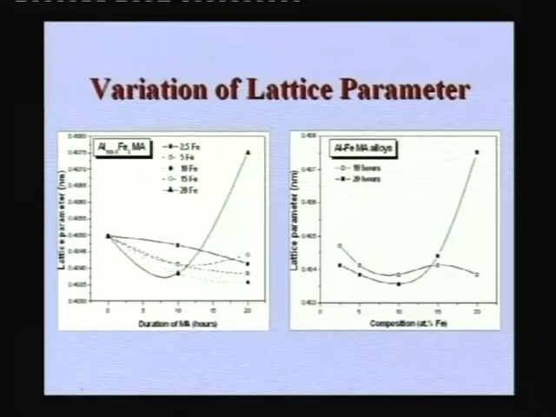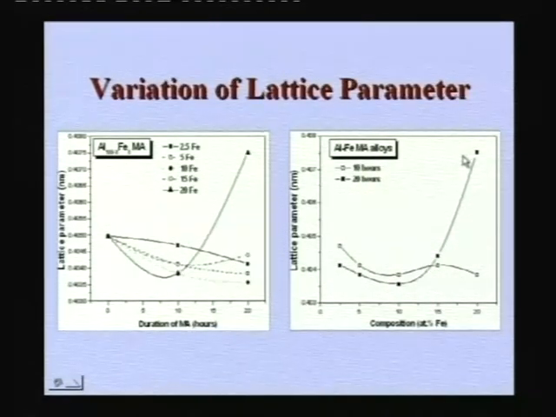Whereas here suddenly you start seeing that when you put 20%, you can see much bigger. This is because of the second phase that is coming out. Okay, and one can also plot as a function of composition what is the lattice parameter, and you can see up to 10% there is a continuous decrease in the lattice parameter, and then you start seeing that there is an increase, and this is because of the formation of those precipitates which do not form up to here, and beyond 10% you start seeing the formation of that precipitate, and that precipitate is what gives you the increase in